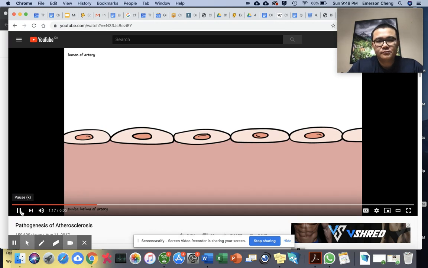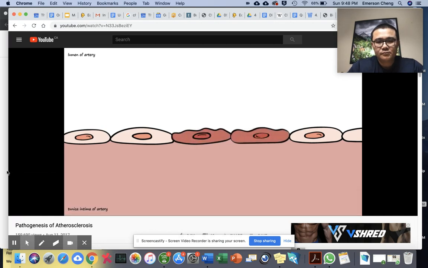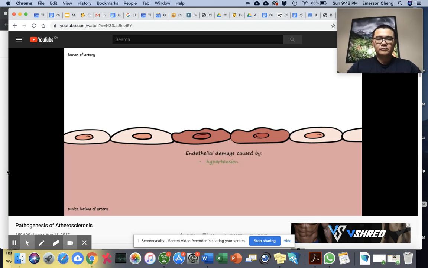It's when the endothelial cells of the arterial wall become damaged. This can be caused by hypertension, smoking,